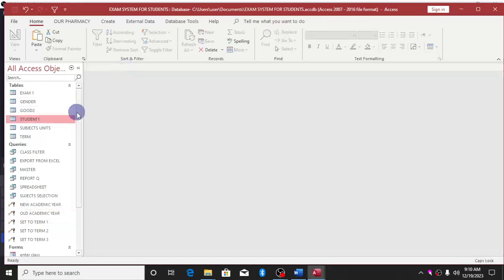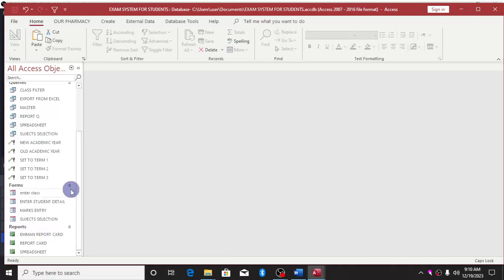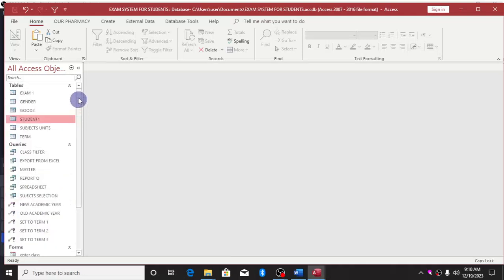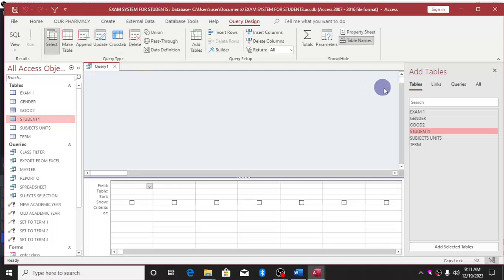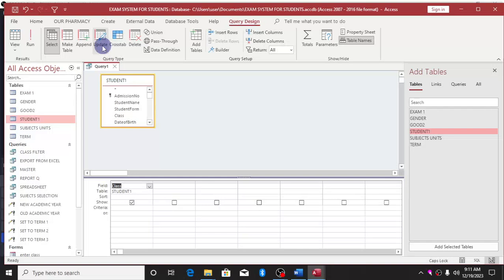So now the next one is the class. For the class, we go back to create, to query design, same student table, then the class, then update, Control C, then Control V. Then after the Control V,